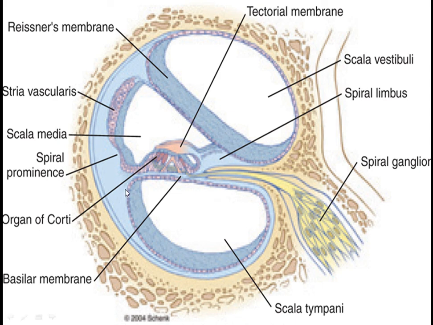From the receptors which are present on the basilar membrane, which is called the organ of Corti, these receptors generate impulses, and you can see the cochlear part of the vestibulocochlear nerve. This is the spiral ganglion here, and from there the impulse goes to the higher centers. So this is all about the basic structure, the basic anatomy of the ear, how the organ of Corti is stimulated, how the nerve impulse is generated. We will discuss all this in the next video.